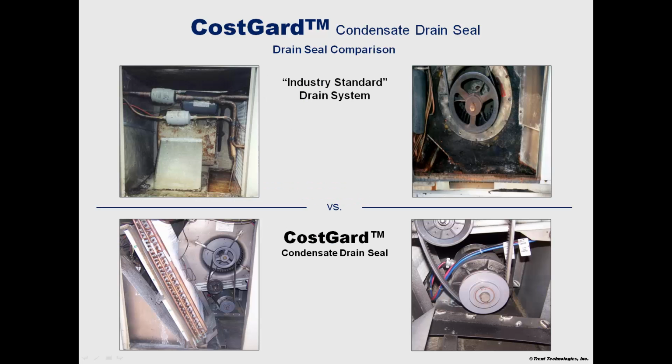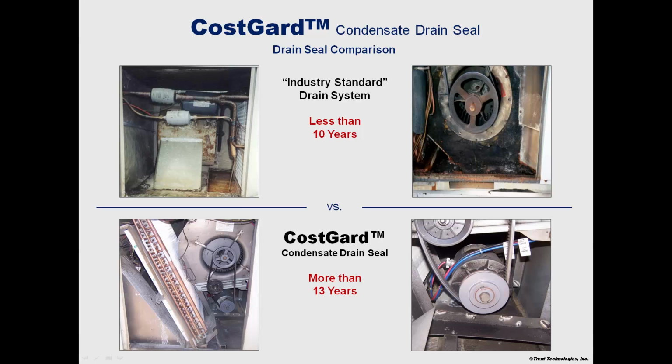These photographs compare the internal conditions of air handlers with and without the CostGard Condensate Drain Seal. The differences are clear. The top photographs with the industry standard drain system were in operation for less than 10 years. Failed condensate drain systems led to these wet and dirty conditions, building damage and poor indoor air quality. In contrast, the bottom photographs show units that use the CostGard Condensate Drain Seal operating for more than 13 years with no preventive maintenance. As you can see, the units are clean and dry inside, offering the owner many years